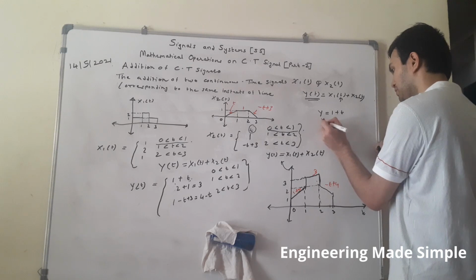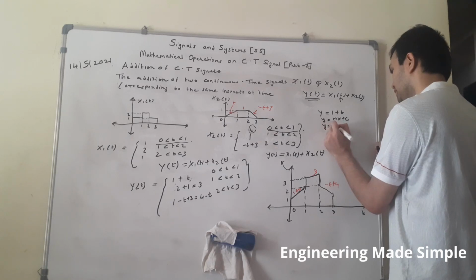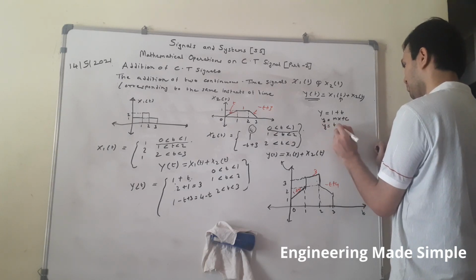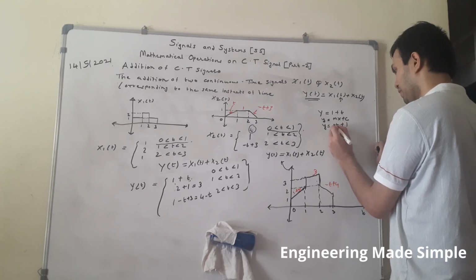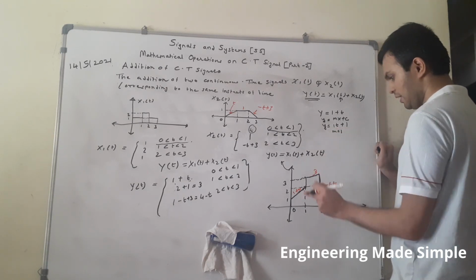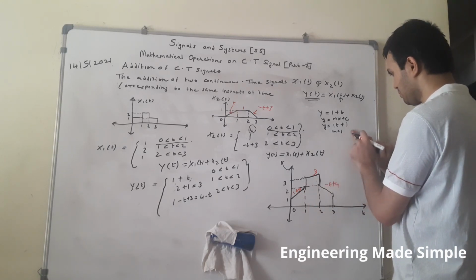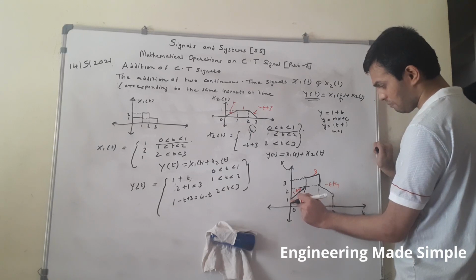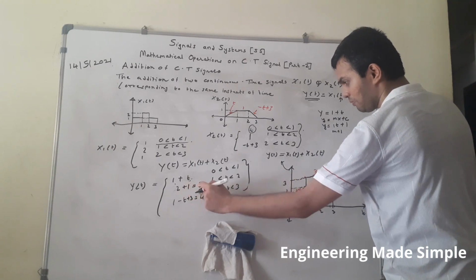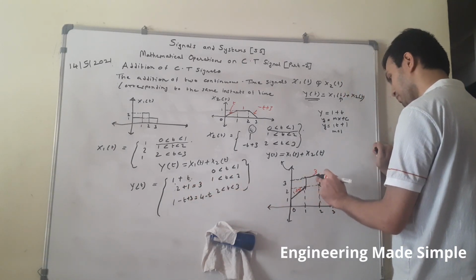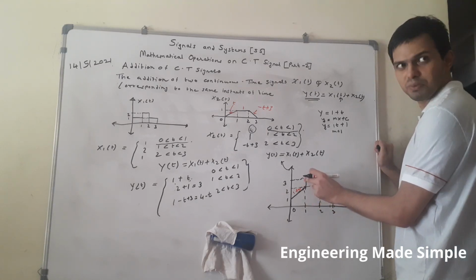In other words, it is the same as y is equal to mx plus c, where t is the independent variable, t plus a constant of 1. If you compare the equation, we get the slope value m is equal to 1. So it has a positive slope, it is rising, and the constant is plus 1. That's the reason it starts from the plus 1 point. Now the second time interval is pretty much clear. When we add 2 plus 1, it is 3, and the amplitude value of 3 is simply located between 1 to 2. So this is pretty much simpler.